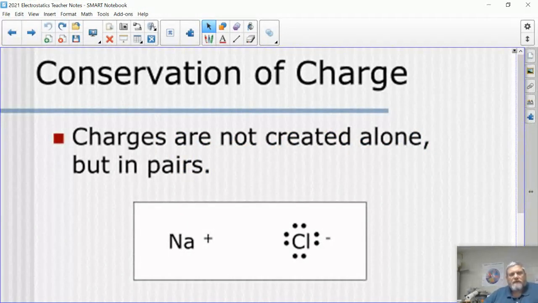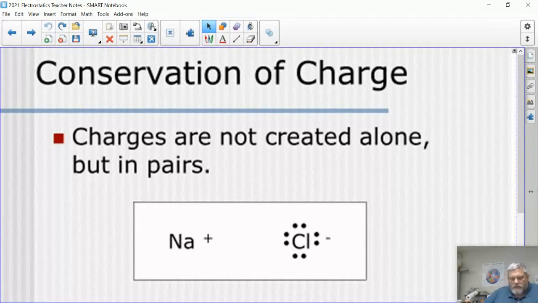the idea of conservation of charge. If you remember, conservation of energy and conservation of momentum say that the total amount of energy or momentum has to remain constant. Well, same thing with charge. When you're touching two objects that are charged, the total amount of charge has to remain the same. And so we can kind of see it this way, is that charges are created